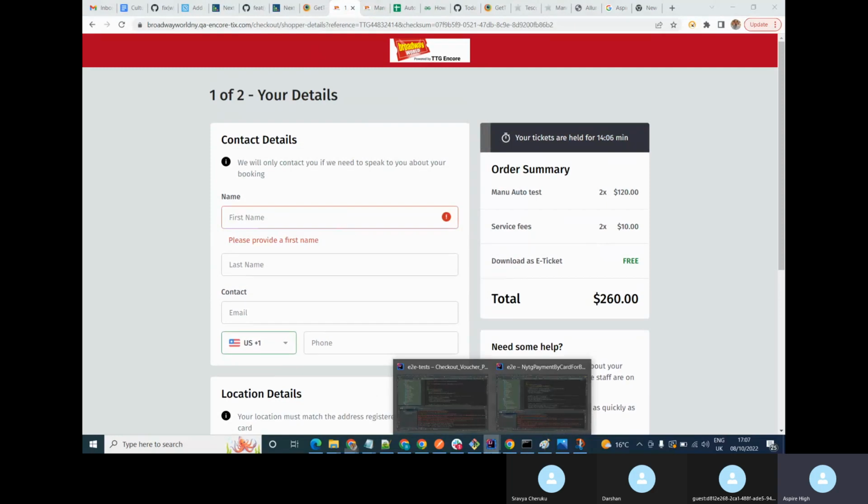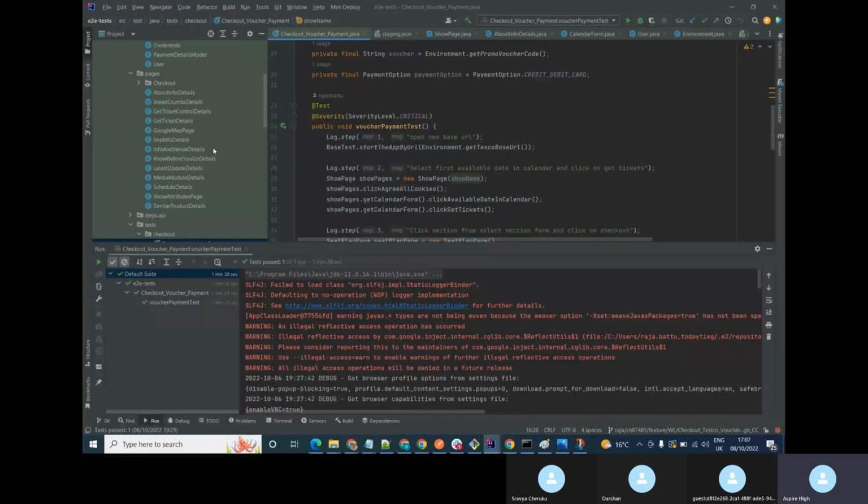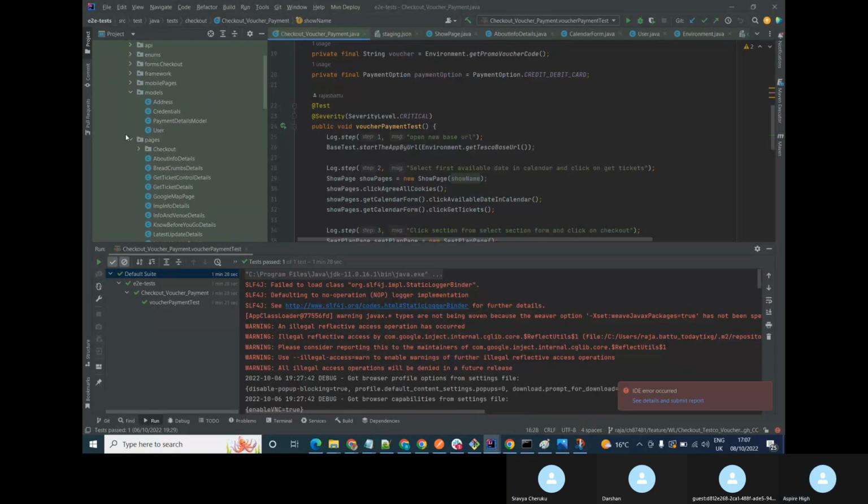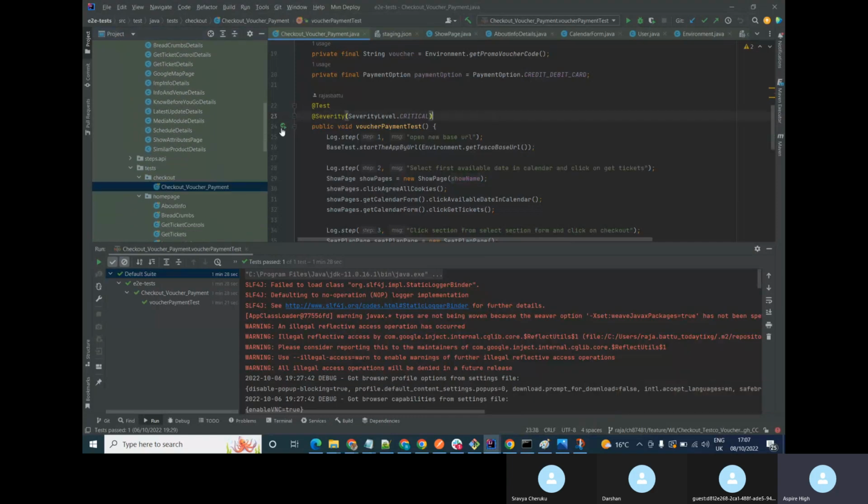Suppose the same thing, I had written a code to do the same functionality. So if I run the code that I have written, the same testing that I had done previously, it may take 5 to 7 minutes to complete the whole testing manually. But if I run the code which I have written, the same thing,